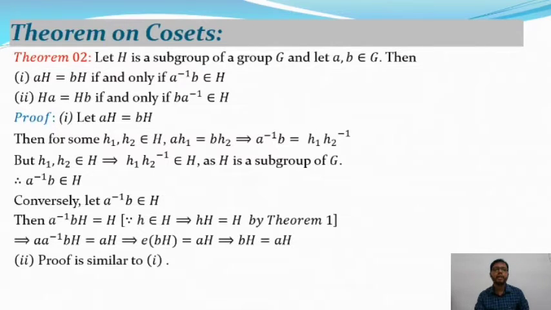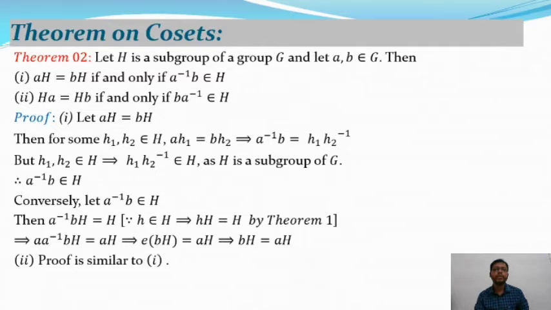I have already proved that theorem in the previous lecture. So h1 into h2 inverse belongs to H, as H is a subgroup of G. Therefore a inverse b belongs to capital H. And conversely, this is the sufficient part of the first part of the above theorem. So conversely, let a inverse b belong to H, and from this we shall prove